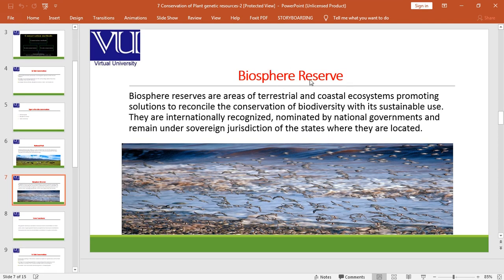Biosphere reserves are areas of terrestrial and coastal ecosystem promoting solutions to reconcile the conservation of biodiversity with its sustainable use. They are internationally recognized, nominated by national governments and remain under sovereign jurisdiction of the states where